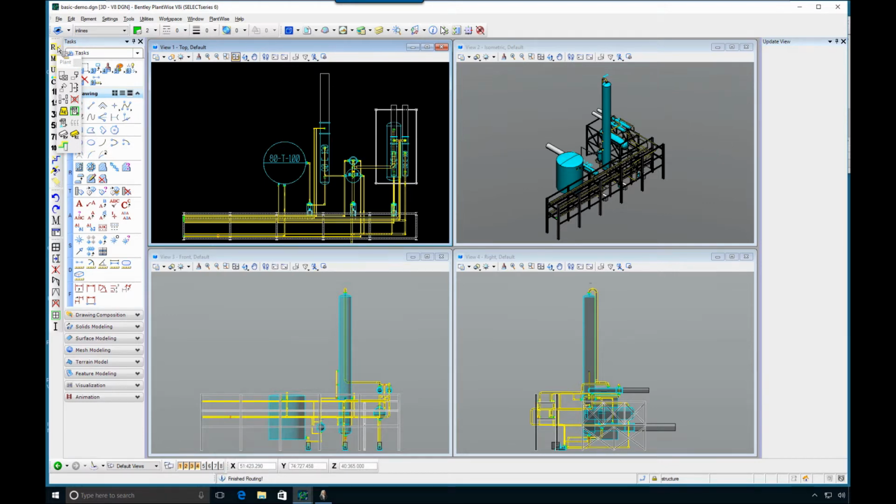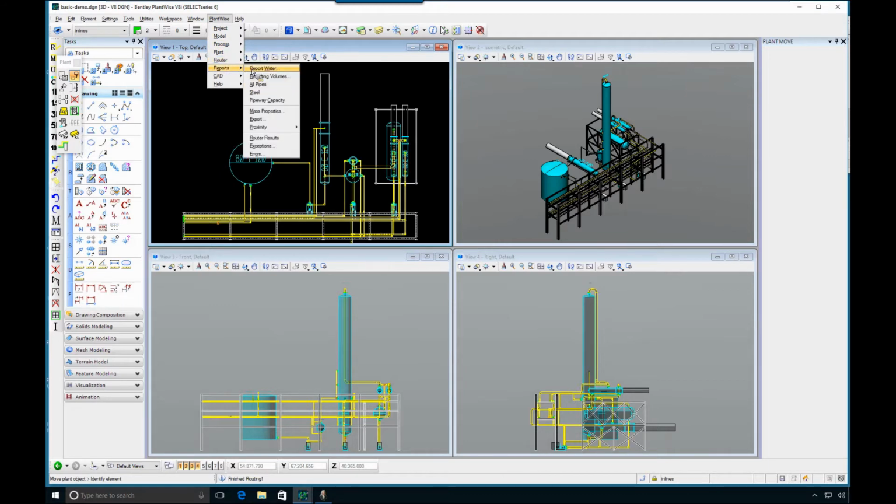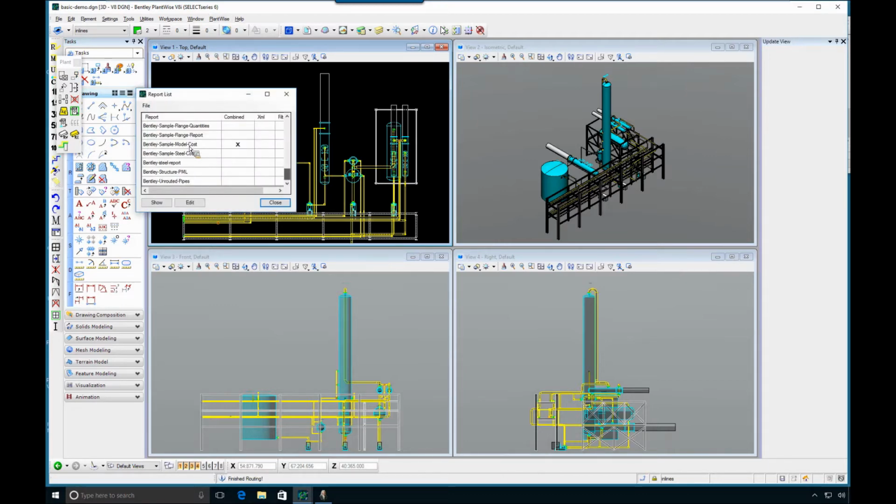So now what we're going to do is just go and move one of these equipment around. We'll just move it over here, for say. This is just a simple goofy little edit, but proves a point. So once we move and edit that equipment, the piping is automatically rerouted with PlantWise, and we can go back to our reports and instantly get that updated